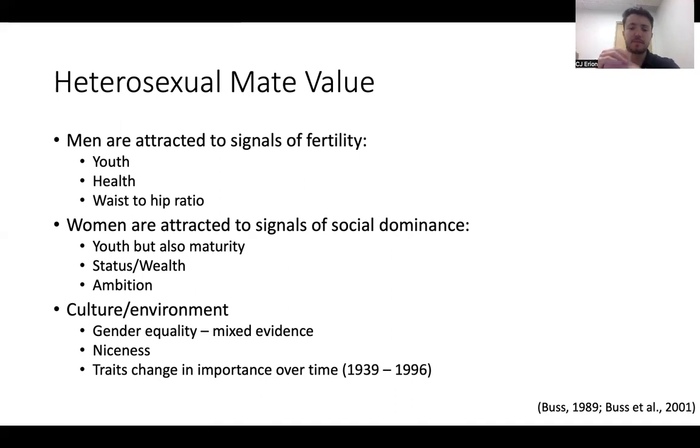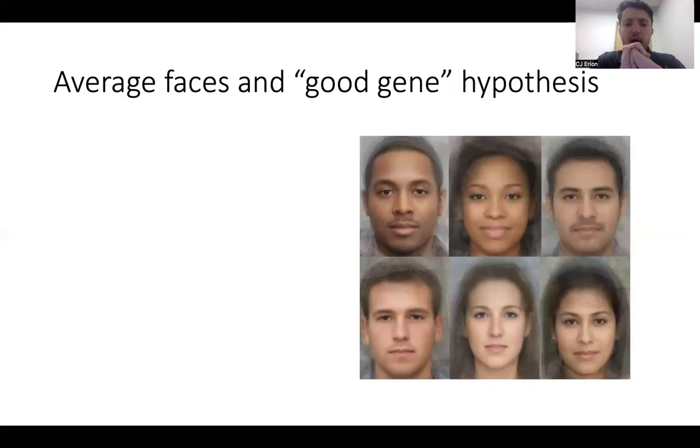So all this just to say, based on this theory, we'll see certainly evolutionary components to mate value, but culture seems to influence this as well. A pretty large aspect, if you read your book, it'll talk about this good gene hypothesis, which is about fitness, where you're trying to find the best reproductive possibilities possible in terms of,